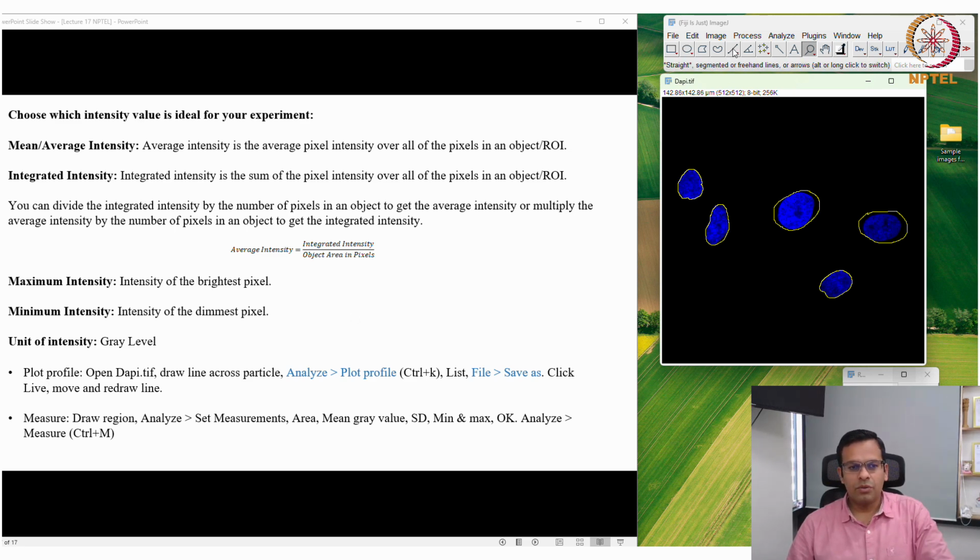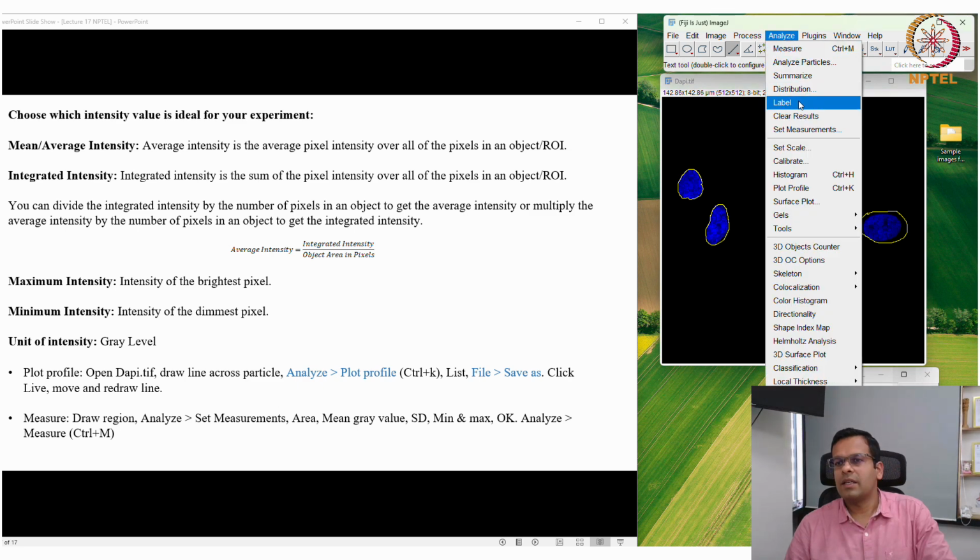Let's say I open this DAPI.tiff file and draw a line across the particle. I will take this line tool and draw a line like this, passing through the nucleus. And then I will go to Analyze and Plot Profile.